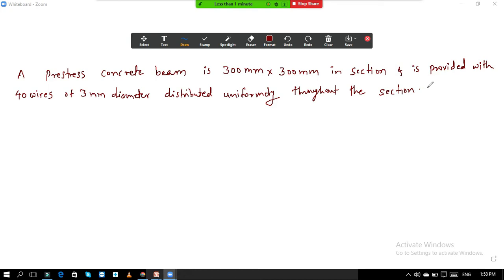Initially, the wires are tensioned with a pull of